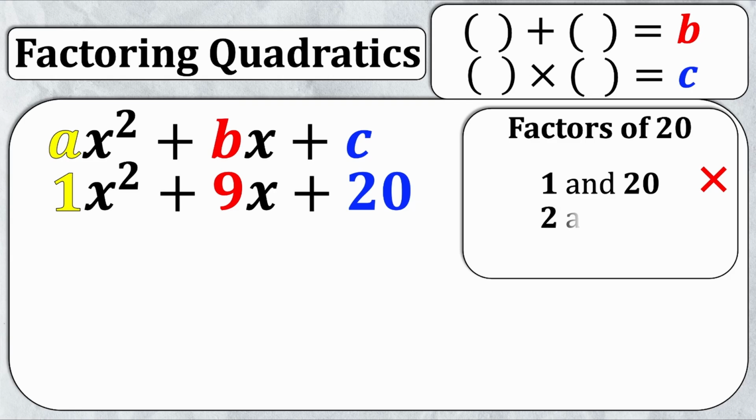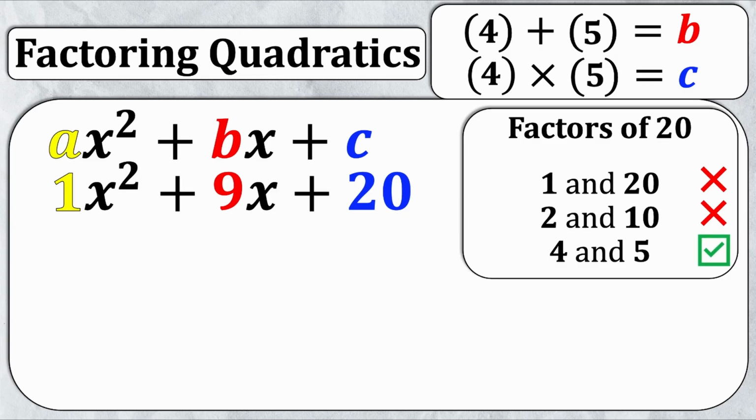What about the next set, 2 and 10? Well, again, they multiply to 20, but they don't add to 9, so these aren't the right numbers. 3 doesn't go into 20 evenly, so my next option is going to be 4 and 5. Well, 4 and 5 actually add up to 9, and they multiply to 20, so these would be my two